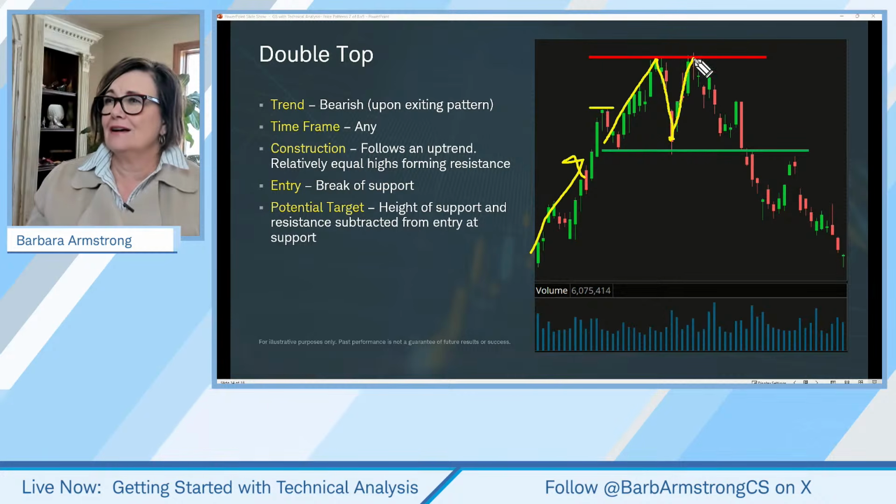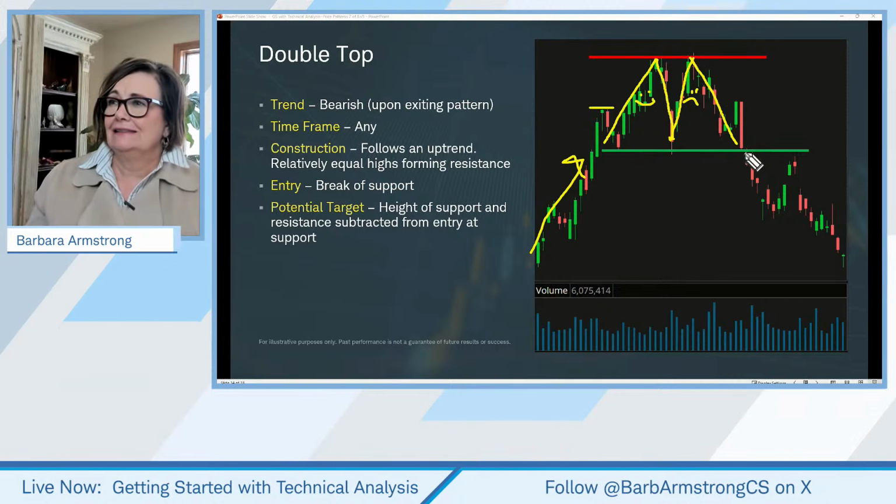But if it comes back below this previous high, you're going, not sure this is still a bull flag anymore. And then it comes up and hits a similar high and pulls back. Now we've got this double top. And when you get the second one, you're kind of going, eek. And if it breaks below, then what might a target be?